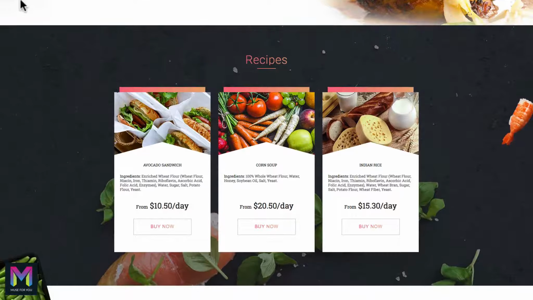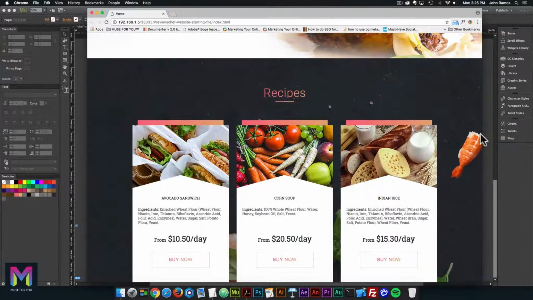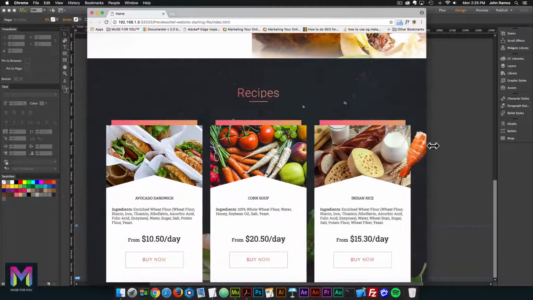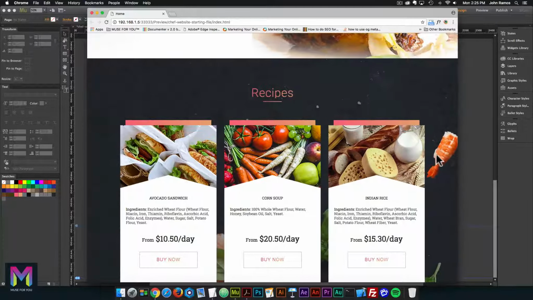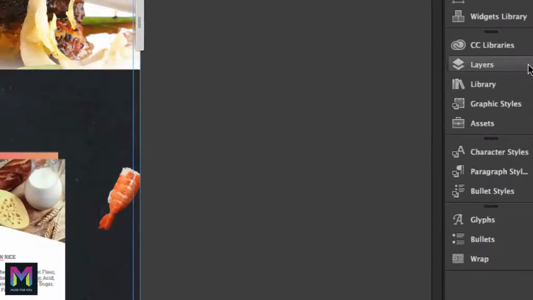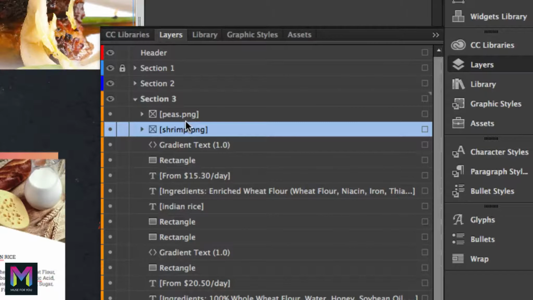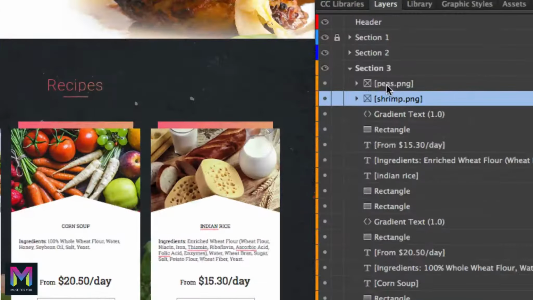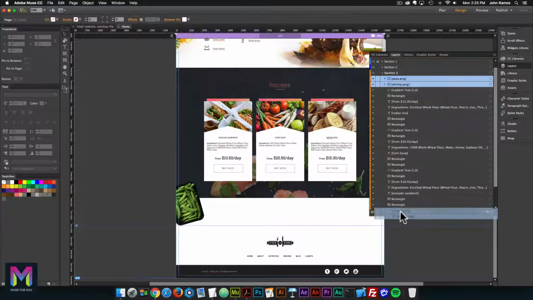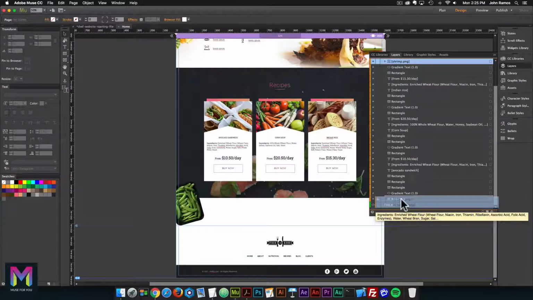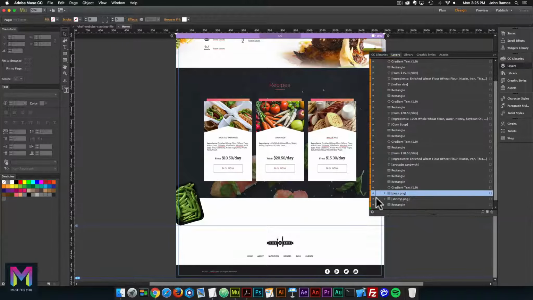One thing we might have noticed as we resize the browser is that the shrimp goes over that panel. You can do that if that's the effect you're going for, or maybe you want the shrimp to go behind the panels. If that's the case, you can go to the Layers panel, and for the shrimp and the peas, right up here, you can select both by holding down Shift. We just want to bring them all the way to the bottom, right above the last rectangle, which is the background rectangle. So now I'll preview, File, Preview Page in Browser,